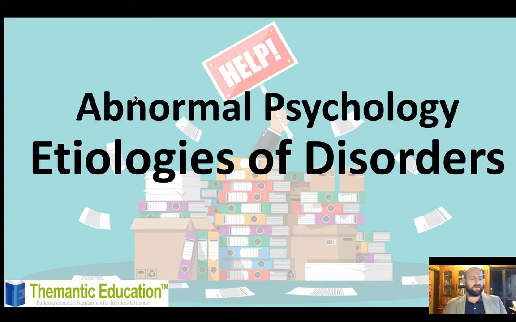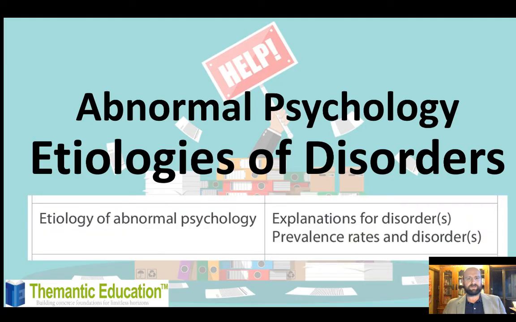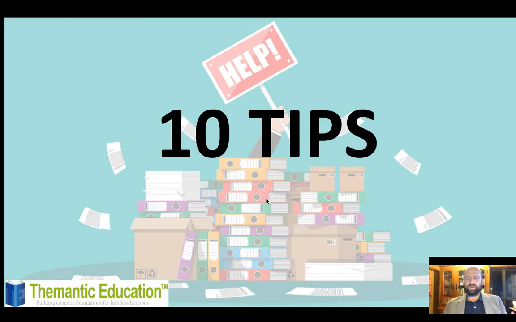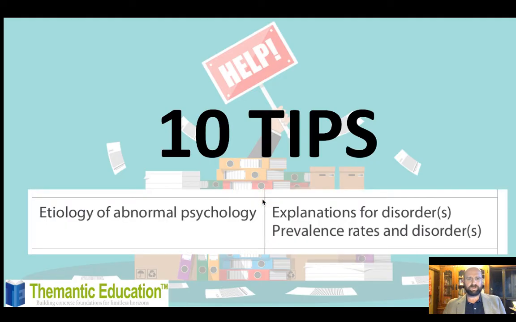In this video, we're going to look at abnormal psychology, the option in paper 2, and the specific topic, etiologies of disorders. This is for the new curriculum, and this is what the topic looks like here. So 10 tips. I think there are a couple of bonus ones as well, but I think these are going to help you prepare smarter for your exam, so you'll be well prepared to write any essay question based on